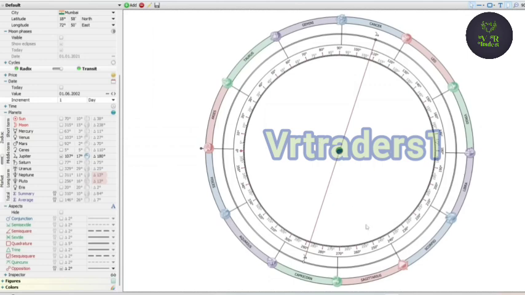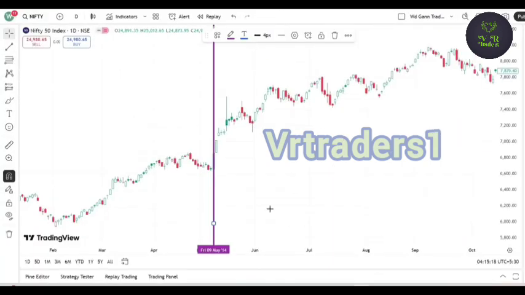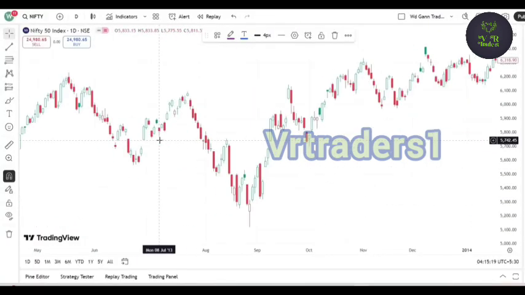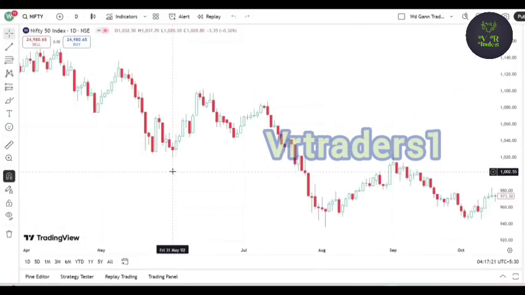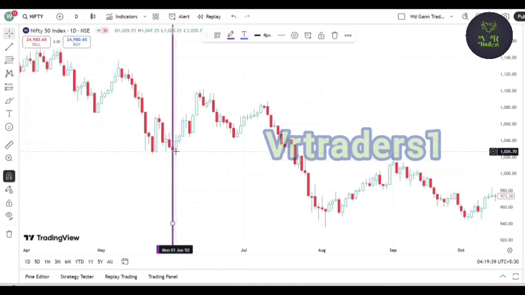Let's mark it on the TradingView app. The date is 1st June 2002. Here you can see that 1st June 2002 is a holiday, so we will consider the date before, which is 31st May 2002. Mark it. Here you can see Nifty moved from the level of 1027 to 1096, which is almost a 6 to 7% movement in the bullish direction.